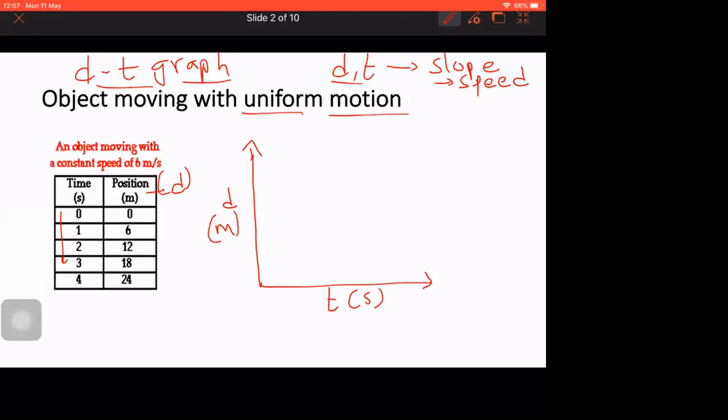Now I have my distance on the y-axis, time on the x-axis. Now I'll plot the graph. Before plotting, I have to take time on the x-axis. So I'll be taking 0, 1, 2, 3, 4. Yes, time is done. On the y-axis, how can I take 0, 6, 12, 18, 24? Because the gap is equal, I can take it directly. Do you have a basic idea of drawing graphs? I want to know that in math. Yes, ma'am.